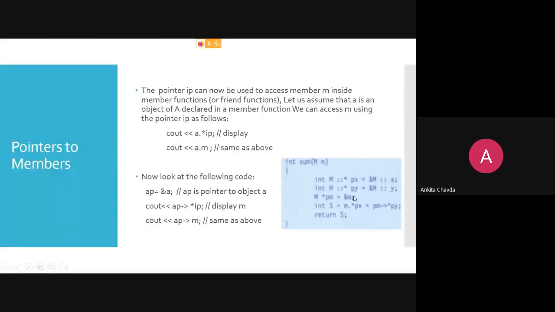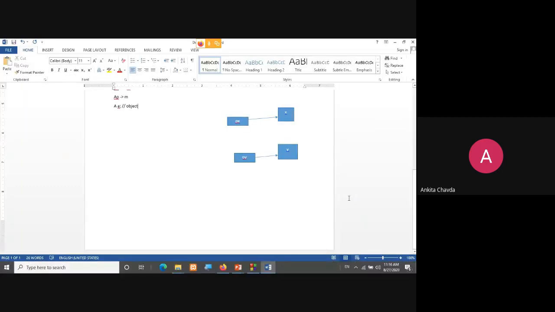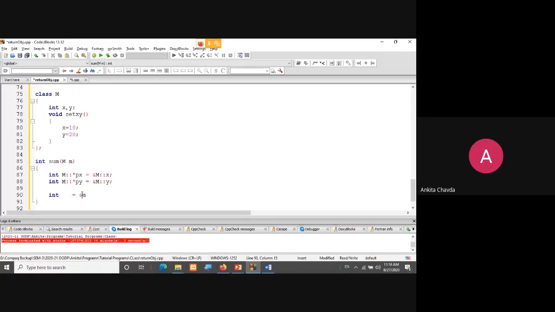Now the next thing. Here I am creating my pointer on the object. So how do you write this? Why are you creating an integer pointer only? Because whatever the variables are at the right hand side, x and y, they are of integer type. That is why you are writing integer at the left hand side also, right? But now I'm putting my pointer on my object. So here what is my object? M. This is my object M. I'm putting the pointer on this.